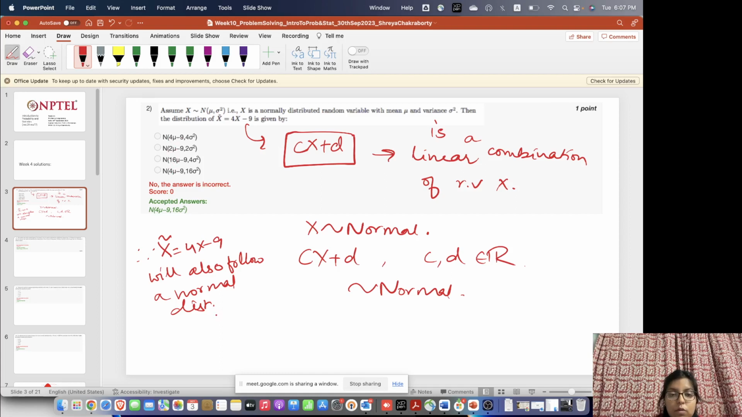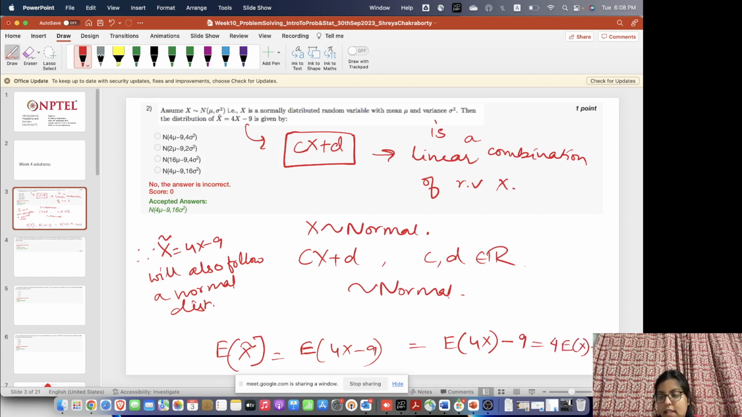Now the expectation of this x curl is expectation of 4x minus 9. For expectation, we can break it down like this: expectation of 4x minus 9. This 9 is a constant, so there won't be any expectation term over here. So expectation of 4x we can write as 4 into expectation of x, minus 9. So this would be 4 mu minus 9. So expectation is this thing, and variance